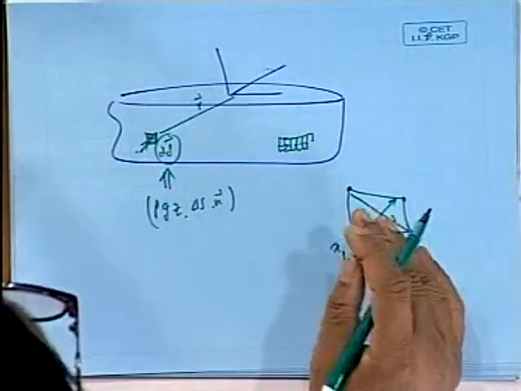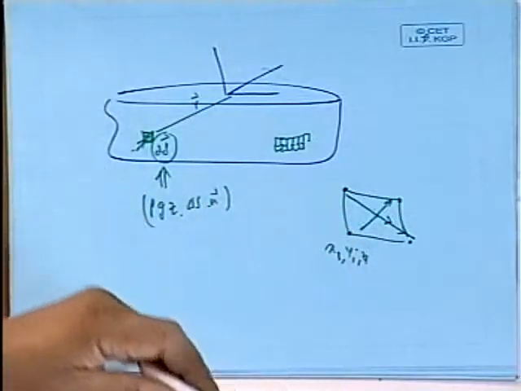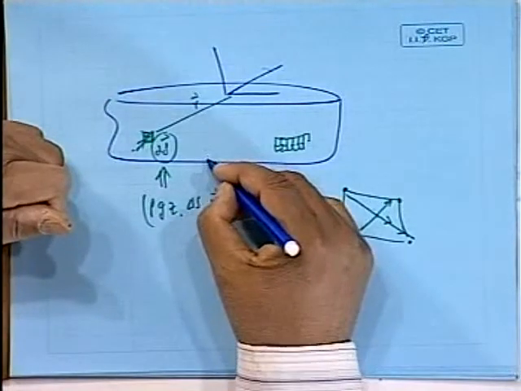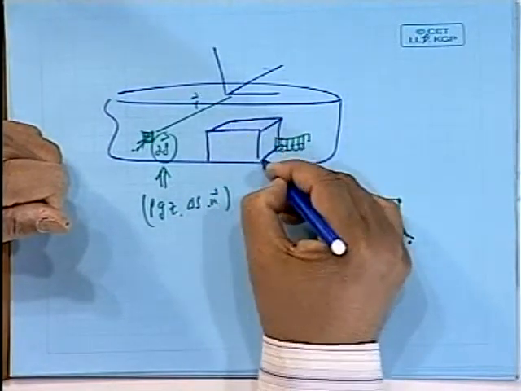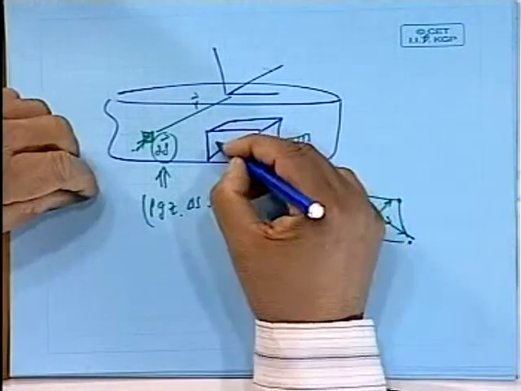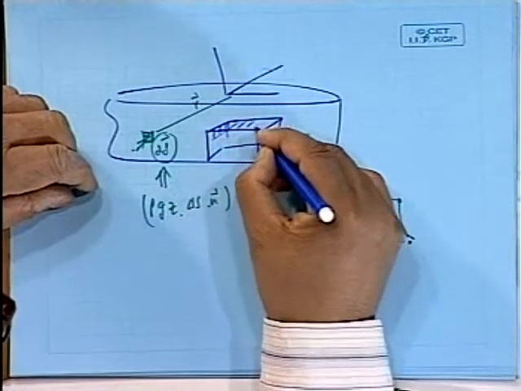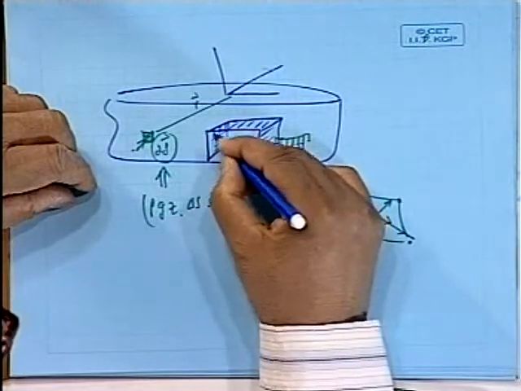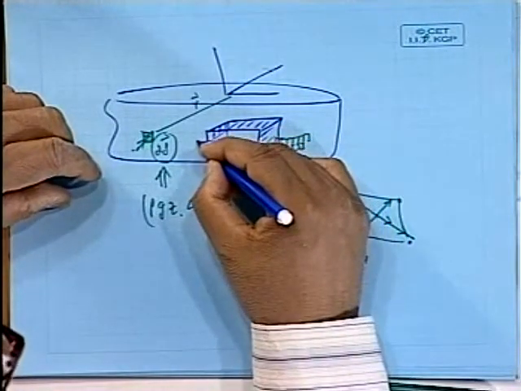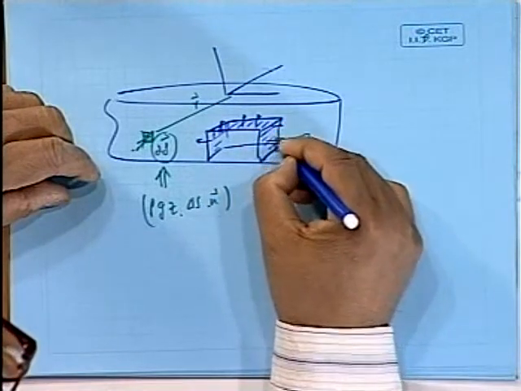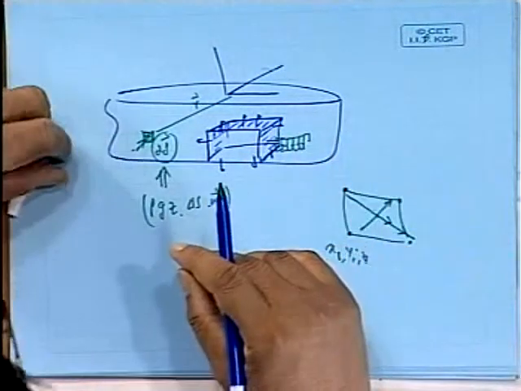Those of you who are professional in naval architecture, or traditional concepts are changing, you might find it difficult, but these are so much better methods. If you once get used to it, it's a far more generalized method. See, now suppose there is a hole. Let me give an example of that. Suppose there is a particular hole there. This has got a hole, some damage is there. Even then, if you have these facets defined, what would happen? This pressure will be acting like this. Take this out, you will get the damage stability.